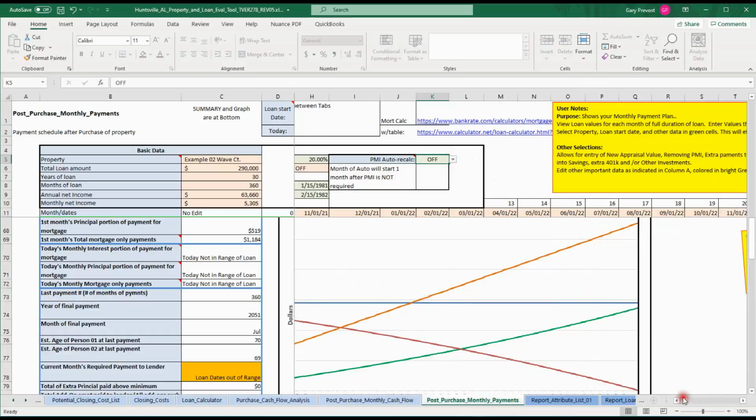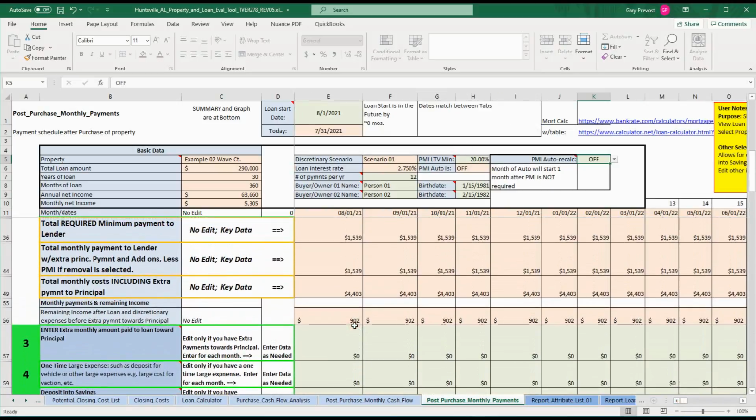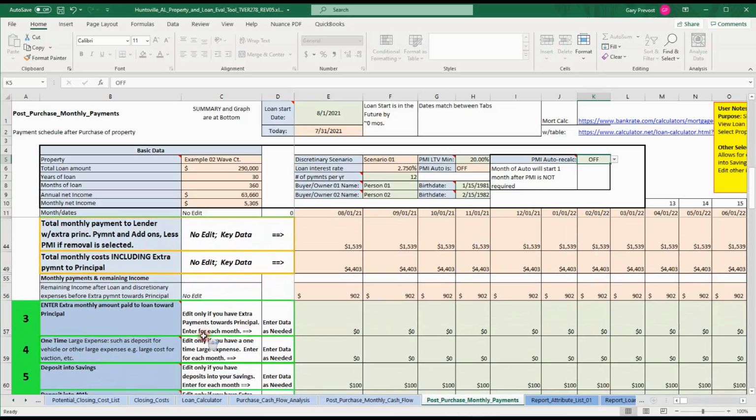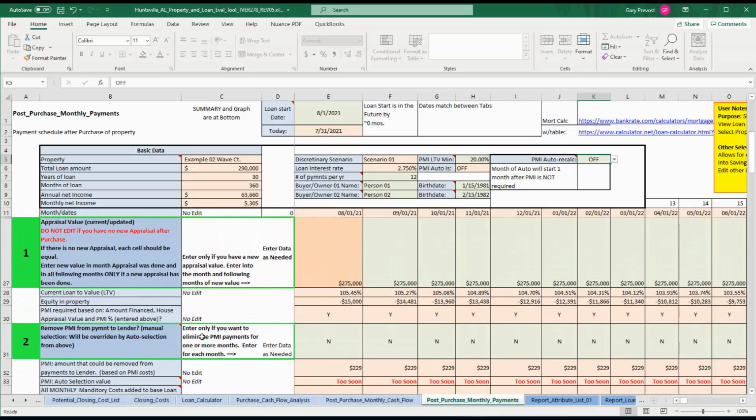So you can either manually turn PMI off if your loan to value is correct. Let's see, there's a PMI, reduce PMI. Here it is. So if I wanted to reduce PMI right away and manually change it to yes, it's not going to let you because your loan to value ratio is not correct. So if I turn PMI auto calc on,